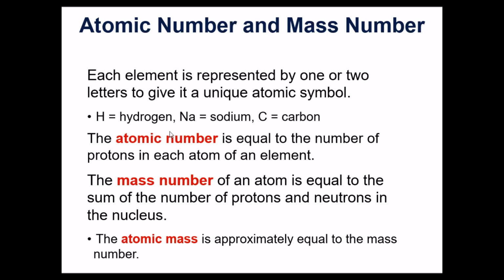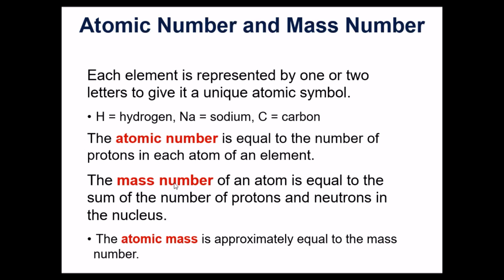Three terms here you should be familiar with. The atomic number, you may have seen this before. Atomic number is the number of protons. I'll show you where you'll find that on the periodic table in just a minute. The number of protons defines that particular element. Like I said before, if you change the number of protons, you've changed the atom. Hydrogen has 1 proton, but if I change that to 2, I don't have hydrogen anymore, I have helium. And so the atomic number is very important.